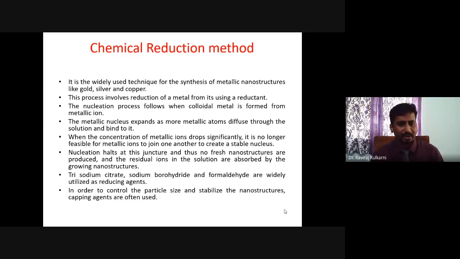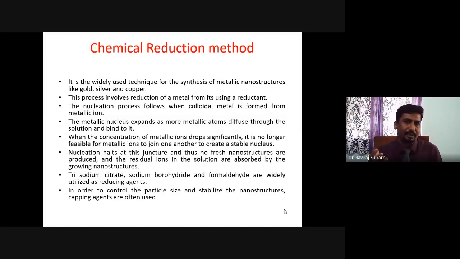Nanoparticles. For your syllabus, I have kept only silver nanoparticle synthesis. This process involves reduction of metal from its metal ion solution using a reductant. The reductant may be trisodium citrate, sodium borohydride, or formaldehyde, any reducing agent. Reducing agent means it gives out electrons, and the metal ions accept the electrons and deposit as metal or